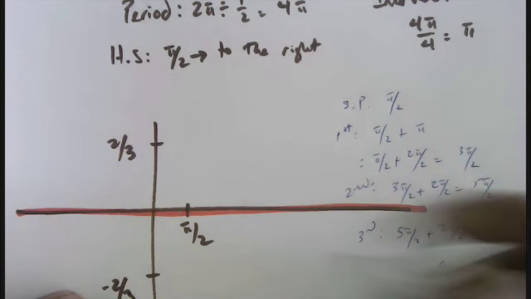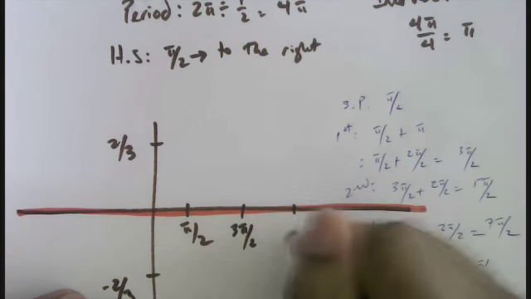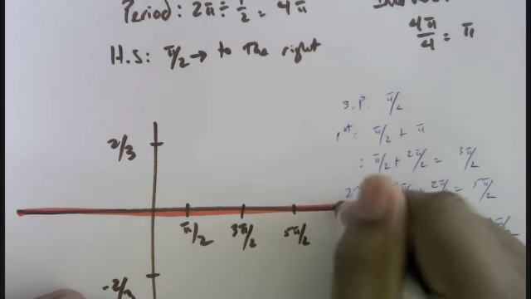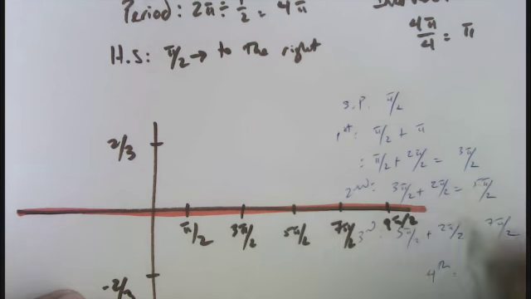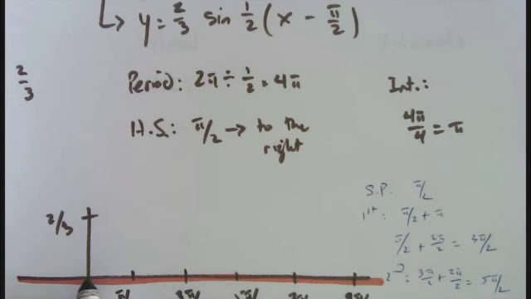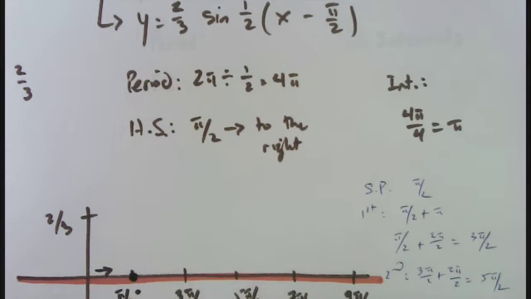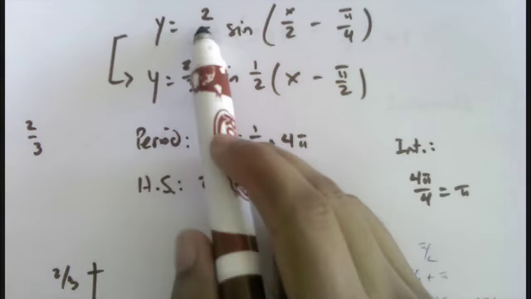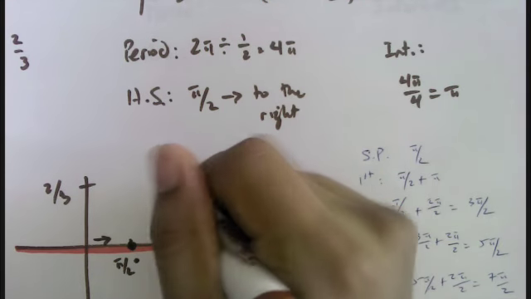So we have pi over 2. Equidistant will be 3 pi over 2, 5 pi over 2, 7 pi over 2, and 9 pi over 2. Where you're going to start for sine, we usually would start at the origin, but because the graph is shifted to the right pi over 2 units, that's going to be our starting value. So we're going to start at pi over 2. The 2/3 is going to give us a max when we move forward, because the 2/3 is positive. So at x equals 3 pi over 2,